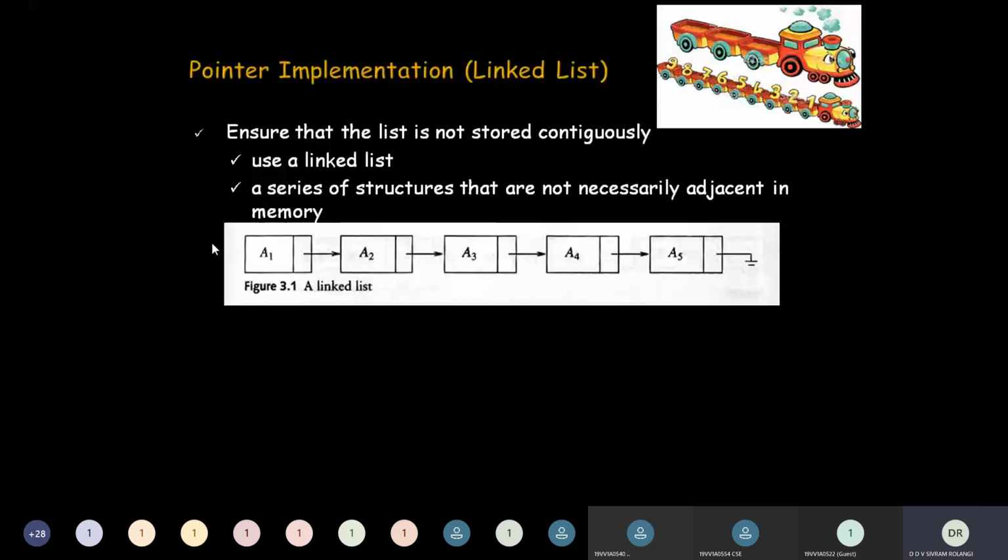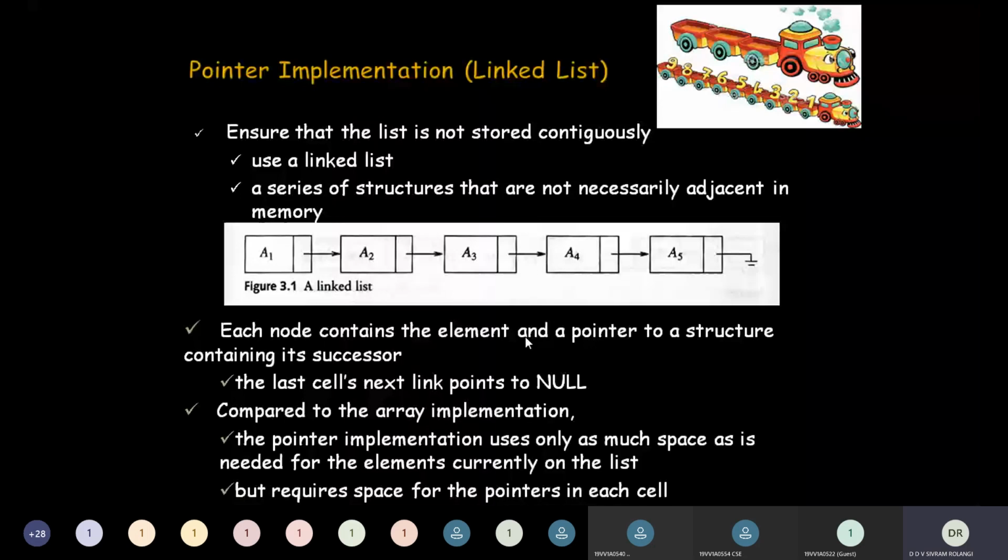As I told you earlier, each node contains the element and a pointer to a structure containing its successor. A2 is A1's successor. That is the reason why each node, A1, contains the element and a pointer to a structure containing its successor.